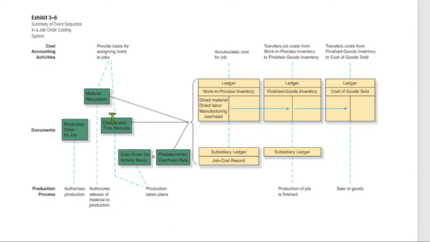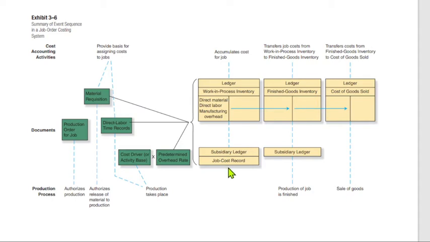Direct labor based on time records, and then the material requisition naman for your material requirements. And all of this, itong three, will be placed in the work in process inventory ledger, and apart from the work in process inventory, kasi dyan ay sama-sama, meron po tayong subsidiary ledger for a particular job